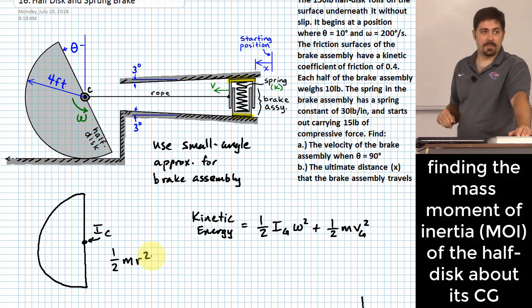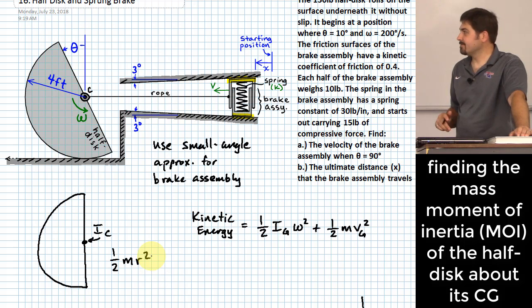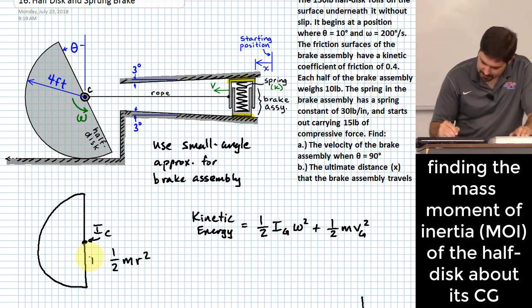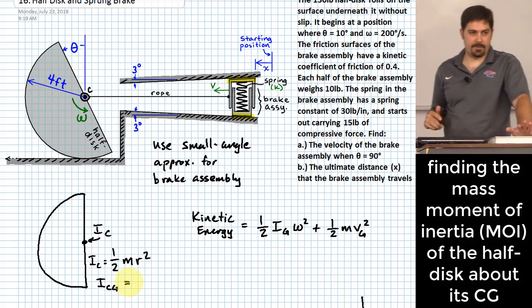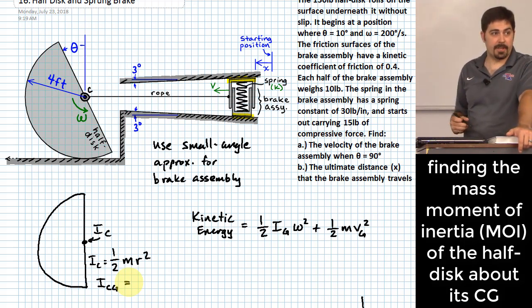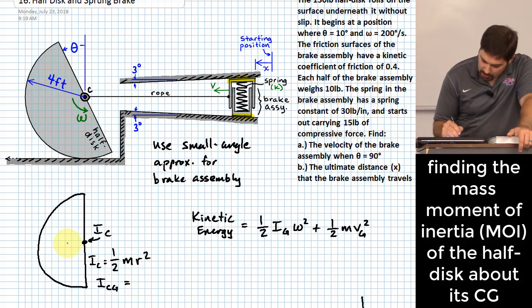But that's not what I want, is it? Okay? What do I want? Okay, this is maybe IC. If I want it about the center of gravity, I got to do something to get it around the center of gravity, okay? And so this is where the parallel axis theorem comes in and is really, really nice, okay? We know that the center of gravity of this thing is going to be equal to 4r over 3 pi away